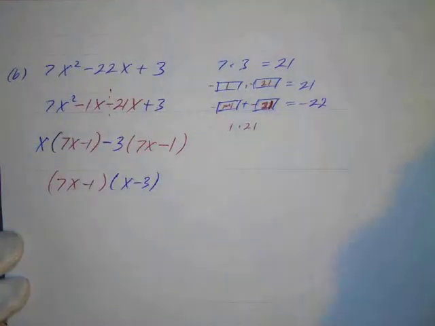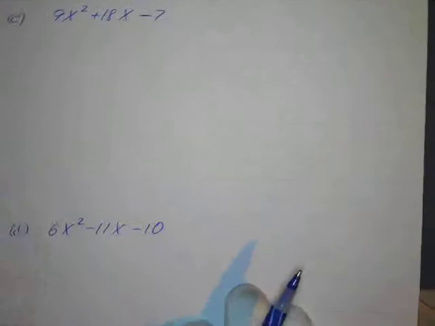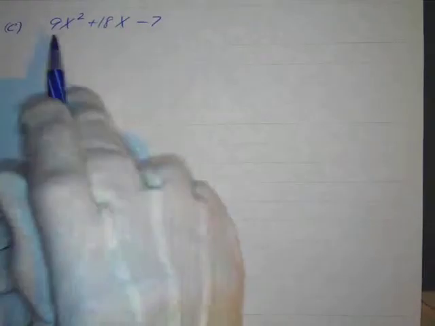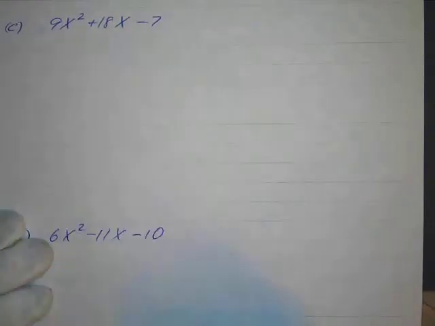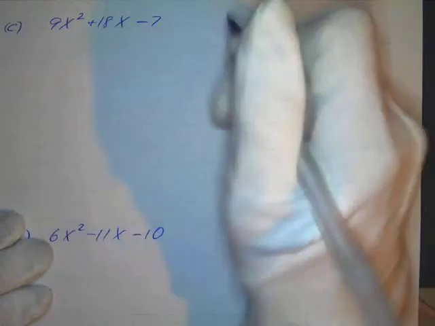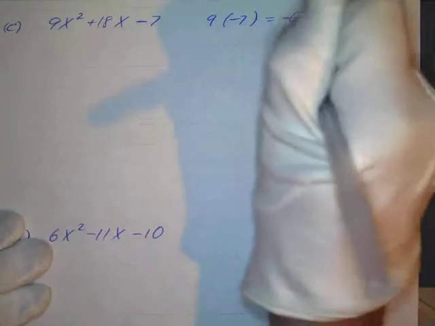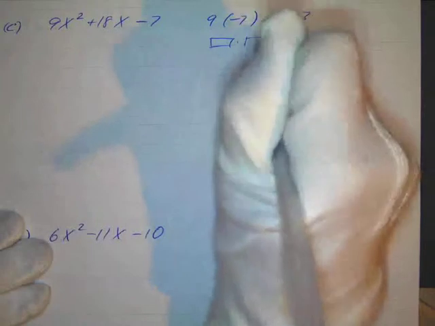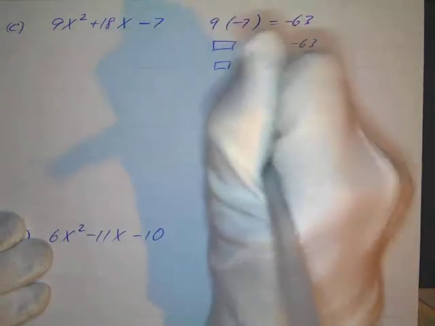Now let's see what happens if we have a negative in the last spot. So here's two more examples. So again, we'll multiply the first term. We have identified this as a general trinomial, so we'll multiply the first term times the third term. So that's going to be 9 times negative 7. That's negative 63. So again, I need two numbers that multiply to give negative 63, and they have to add up to be